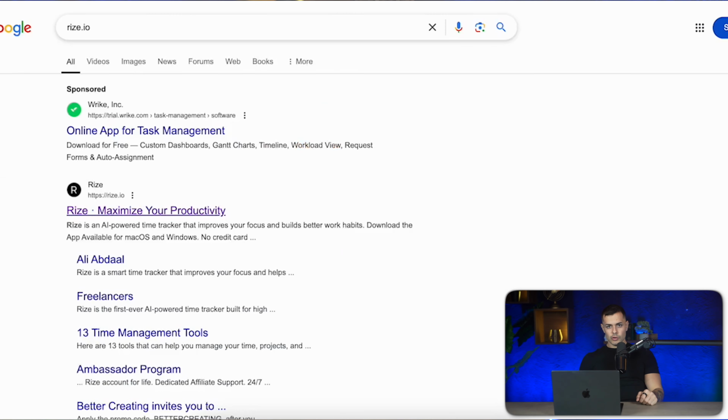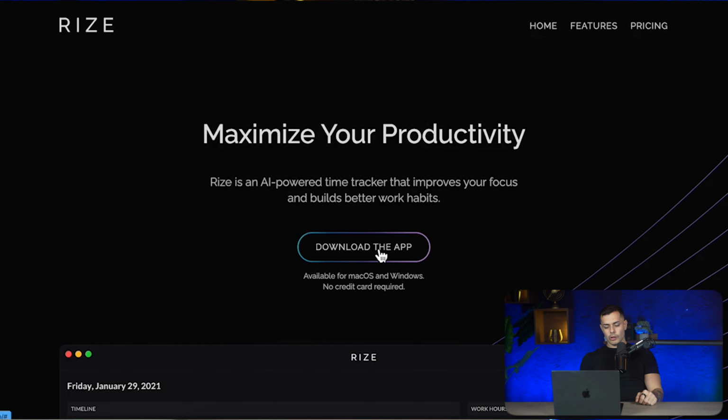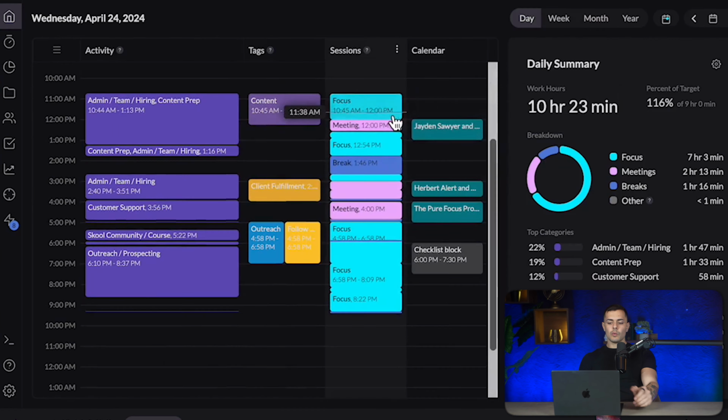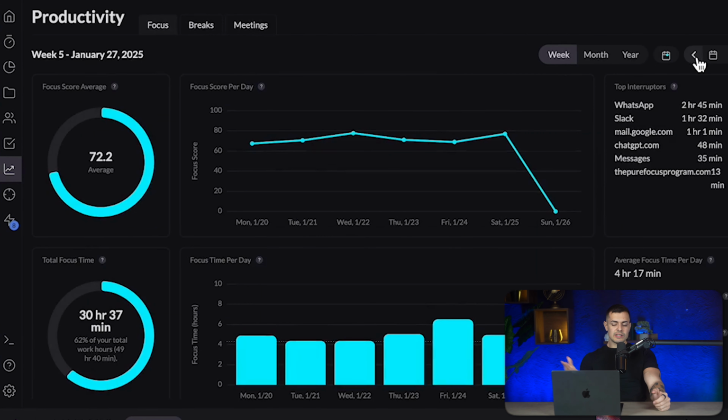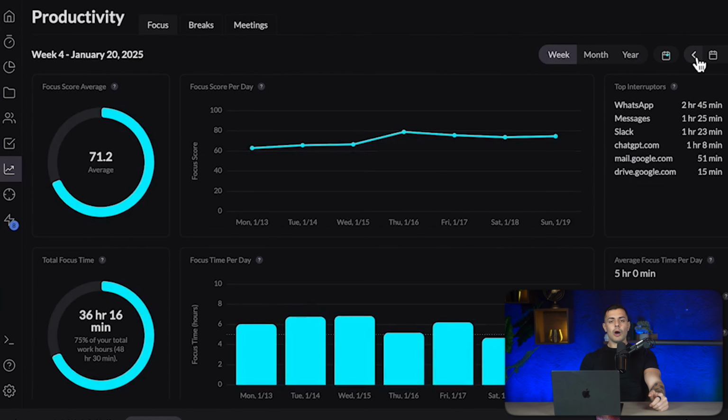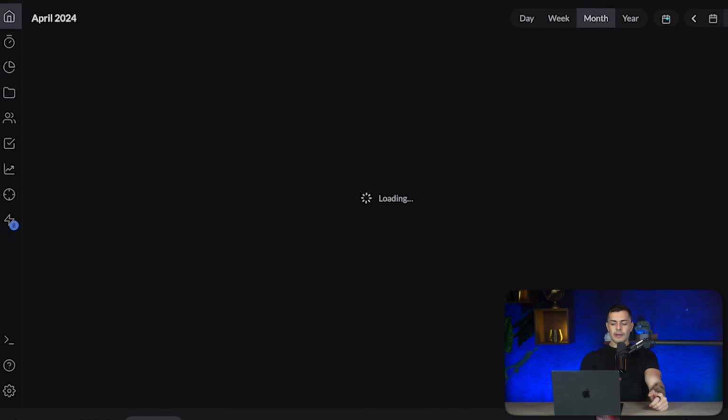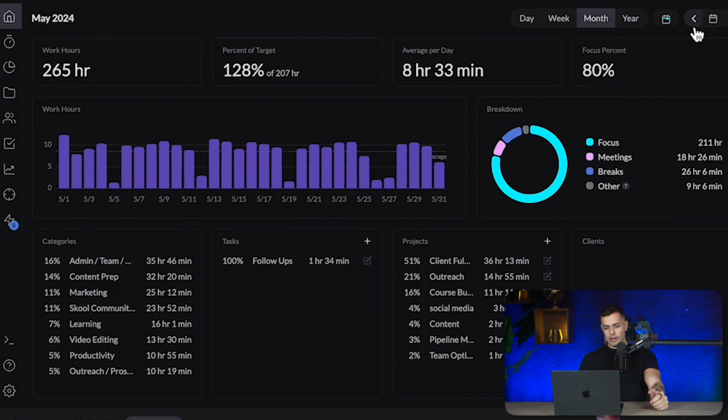For the first setting, you want to go to rise.io and download the app. A lot of you say that you're working for 8, 10, or 12 hours a day, but 10 hours in front of your computer is not 10 hours of work. This will show you exactly which parts of the day you're most focused, which tasks take most of your time, and how often you're getting distracted, so you can then optimize how you're using your time